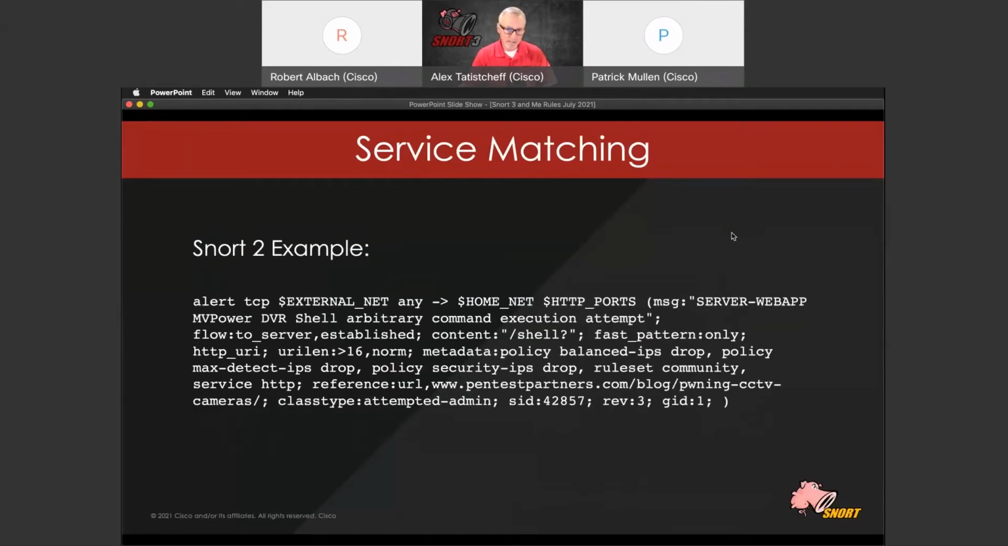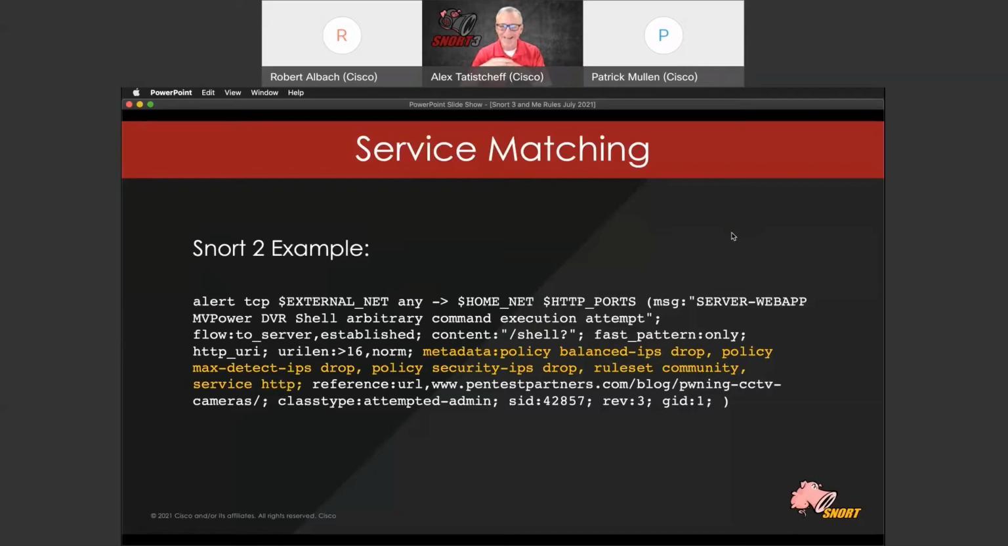Here's a Snort 2 example again, going back to the commercial. This is how you look in your Snort 2 rules that you get from Talos and you run those on your Snort system. They'll look just like this, but again, Snort's going to ignore that. But you can see the metadata keyword there. So the metadata's got some things in it about the rule, like the policy. So got the state and the balanced IPS policy set to drop, and this one the max detect is drop,